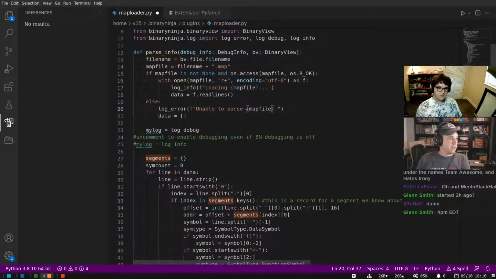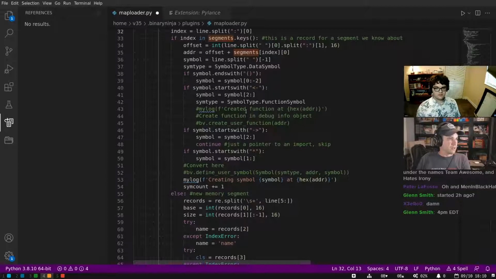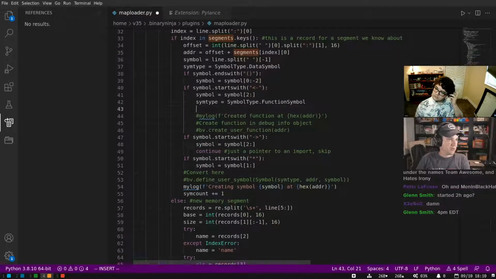So I'm going to create this function. Actually, I don't even need any of the symbol stuff either, right? Well, I do. I don't need a symbol type, but the symbol itself is going to be the function name. So here, what we want to do is a debug info dot add function.